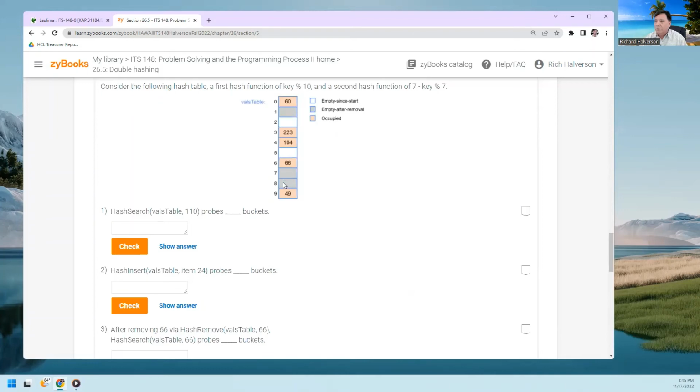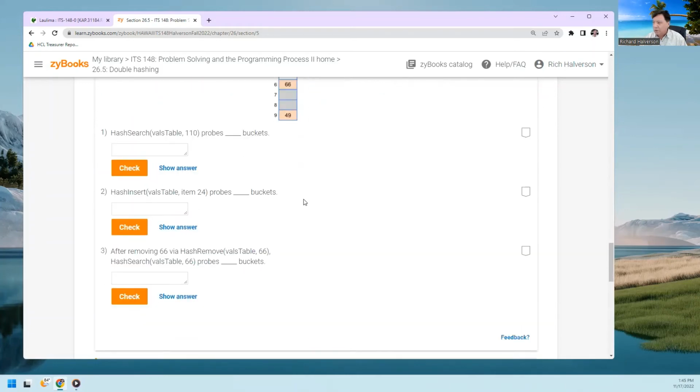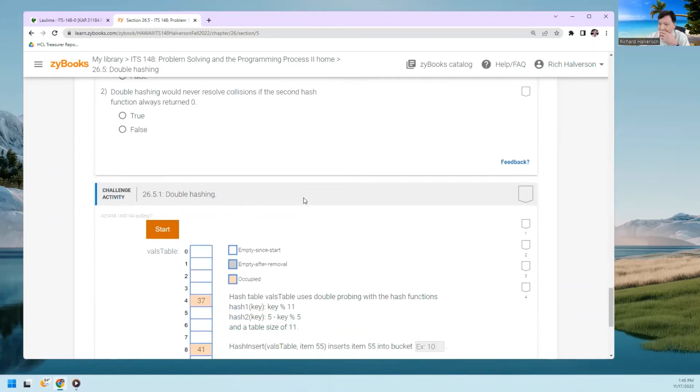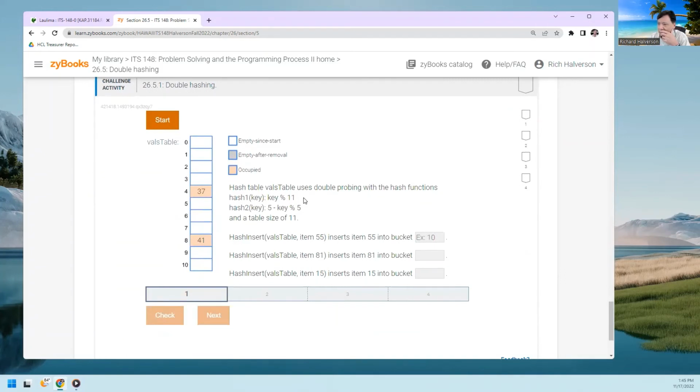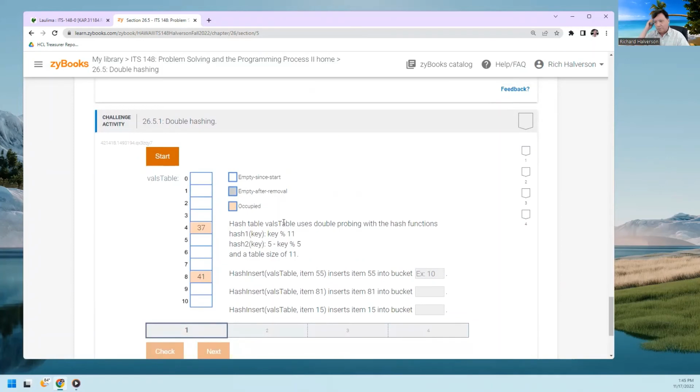All right, so anyway, this probably reinforces understanding that. So let's try to do this challenge activity. Okay, so before we start, there are two things in